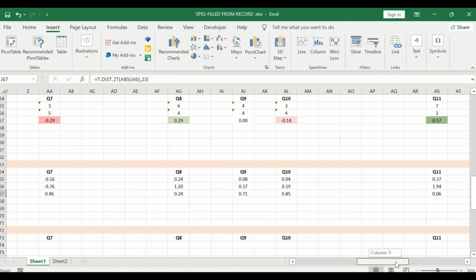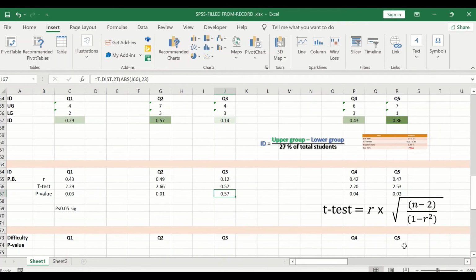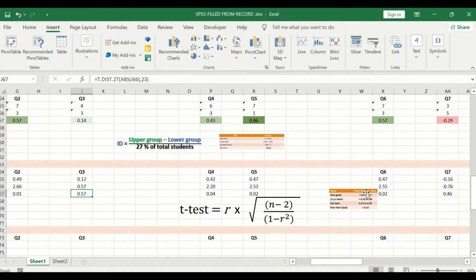So this is one way to calculate and determine the item discrimination and to determine whether the test is discriminating or not, using the point biserial correlation, using the Pearson correlation coefficient, then calculating the t-test, and from the t-test determining the p-value. And based on this, using this table, it is possible to determine which question is good and which question is bad and which question